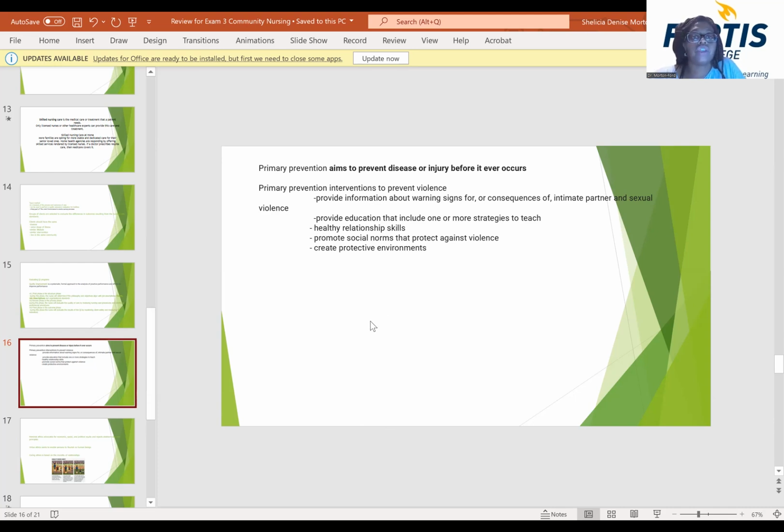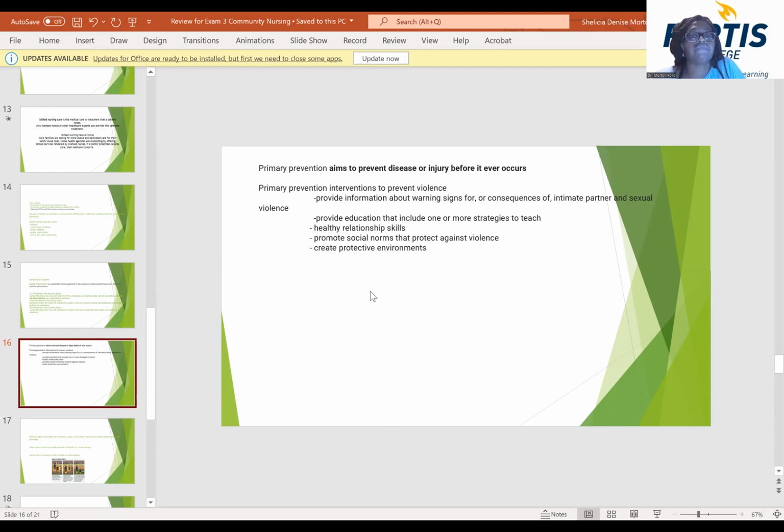Primary prevention interventions to prevent violence, because we know we had content on violence. So I added some interventions that are primary, just trying to get you to think outside the box. We know that we're providing that education. That's the education piece. So some examples of primary prevention to prevent violence are creating those protective environments, promoting social